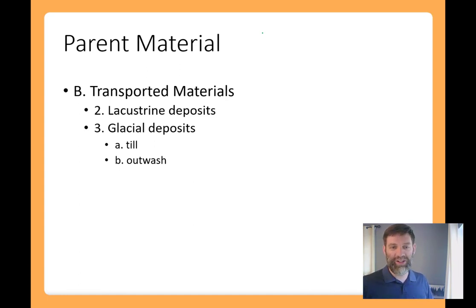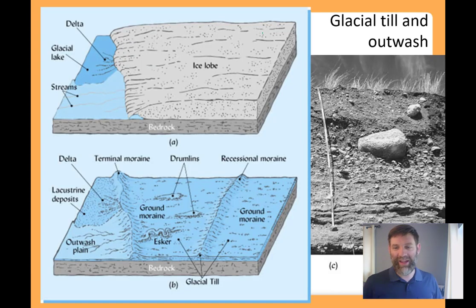So with glacial, there are two subcategories here, till and outwash, that we'll look at on these images. Glacial till is the stuff that the ice is picking up and grinding and carrying with it. It's just a total hodgepodge of whatever the ice is flowing over. With glaciers, you're maybe familiar with mountain glaciers that are running through little canyons, and they do this,